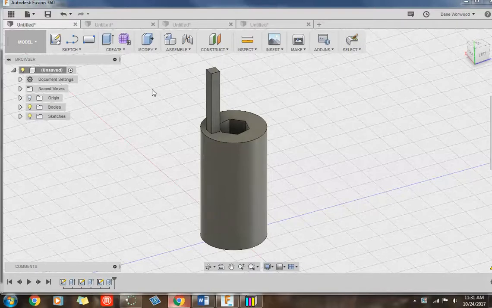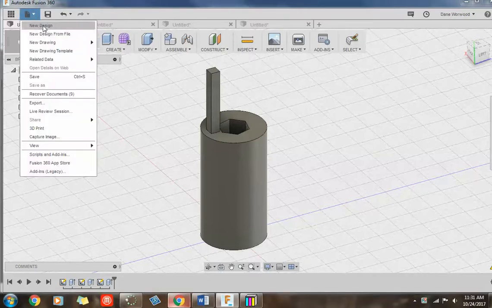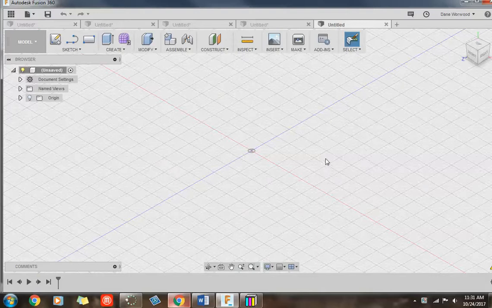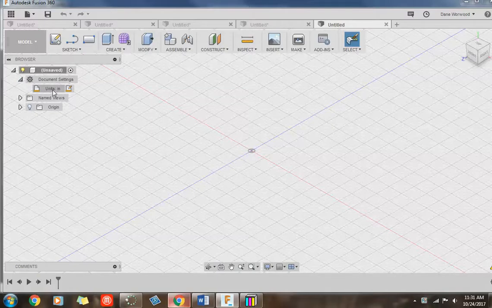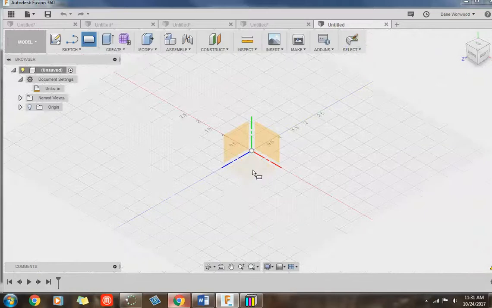So to get started, we want to start a new drawing. So we go up to the top to File, New Design, and first make sure that we're in inches. So I go to Document Settings, make sure it's in inches. Then I want to pick the rectangle, pick a plane,